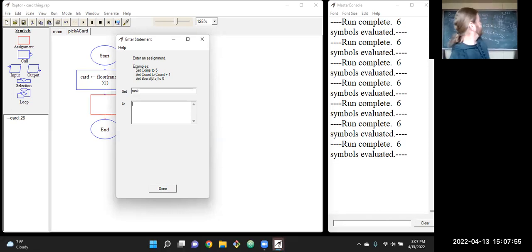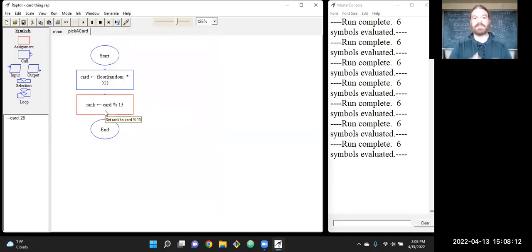So our rank, there's 13 ranks. So that would be the remainder if we divide by 13, which is what our modulus operator gives us. So if we take that card mod 13, we'll have some random value between 0 and 12. And to get our suit,